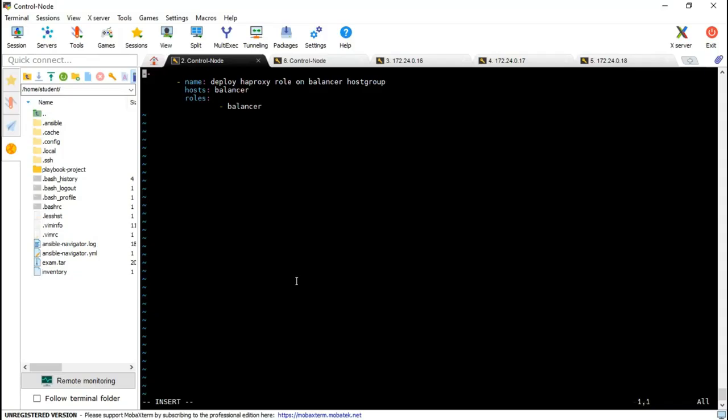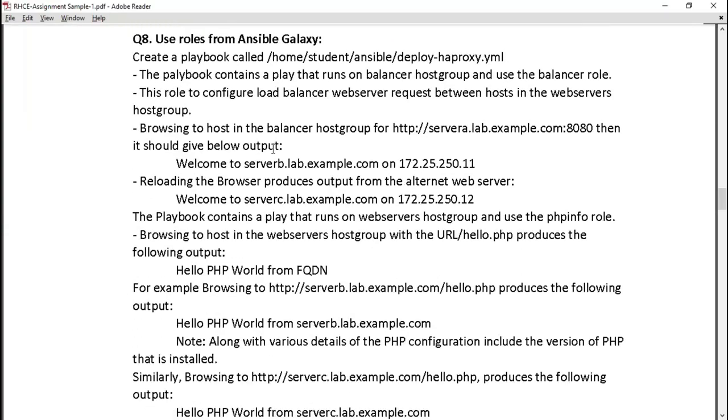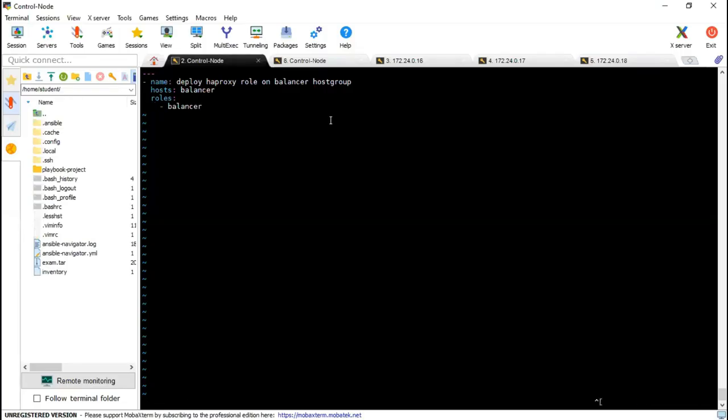Seems indentation is not good with this one. Roles, and that's it, right? That is the first ask of this question. The playbook contains the play that runs on the balancer host group and uses the balancer role. That we did. Save this.